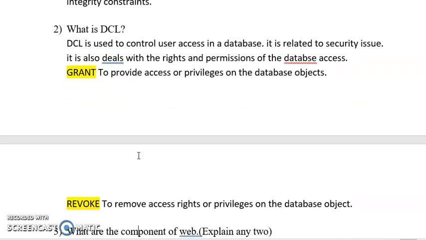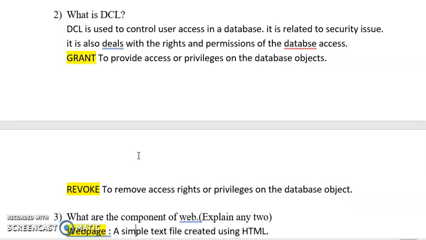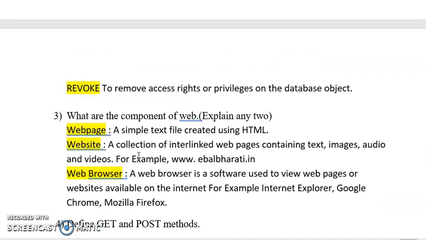Next we have DCL command. DCL means data control language. So this command has two statements, two commands, that is grant and revoke. Grant मतलब क्या, अगर आपको किसी को permission देनी है then it is used as grant, and revoke means अगर आपको फिर से वो permission back लेनी है then we use revoke command.